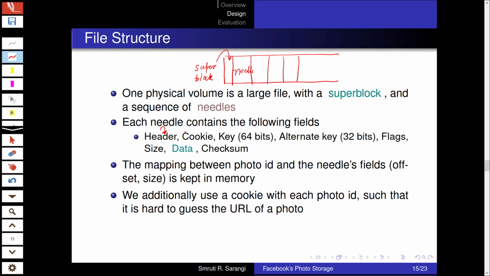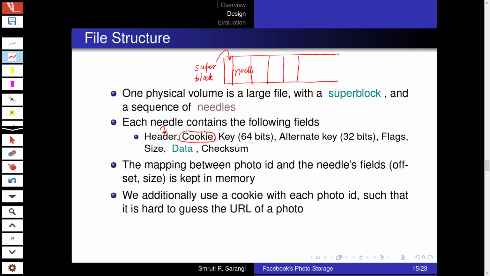Then it has an important field known as the cookie. The cookie is a random number. The aim of the cookie is essentially to defeat a certain kind of attack. So imagine I have my Facebook profile, and in that, let's say my photos are named www.facebook.com/srsarangi/1.jpg, 2.jpg, 3.jpg.